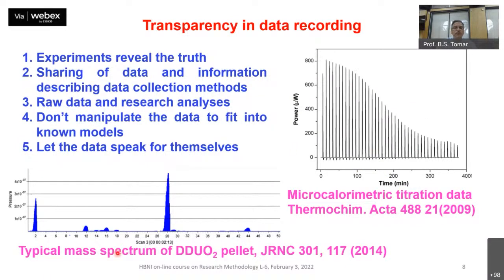And if you show this data in your paper, the referee will know the quality of this data. Similarly, if you are analyzing a sample for the total gas, suppose this is a depleted uranium dioxide pellet, and you are finding out what gases are occluded in the pellet, then this is the experiment of a quadrupole mass spectrometer. You are heating the pellet at high temperature and analyzing the gases by the quadrupole mass spectrometer. Hydrogen is there, then you have carbon monoxide, nitrogen, and carbon dioxide. They are the output of your quadrupole spectrometer.